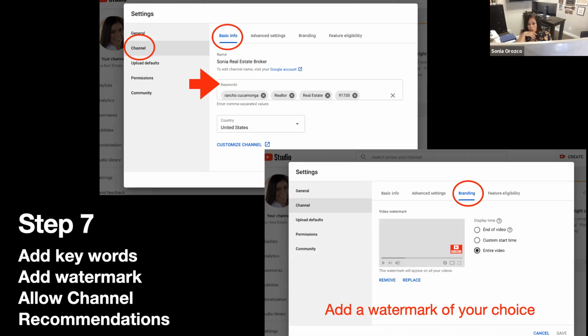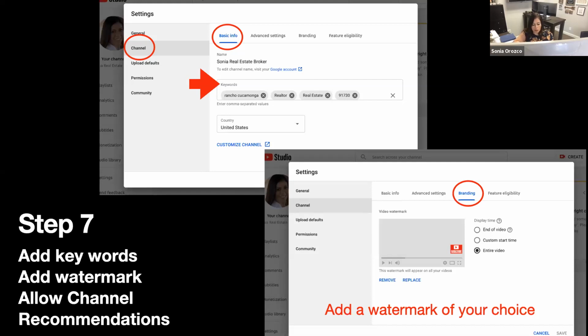So you want to do comment searches, and I know there's even videos on what to write. So that way you can look up those videos to see what are good keywords for what it is that you're doing. And then the branding. If you go under the tab branding, it allows you to add a watermark of your choice. So on your videos, there's a subscribe button that comes on, and it stays there for the entire video. What's nice about that is while they're watching your video, it makes it very simple for them just to click it and then subscribe to your channel. So again, you want to make things always nice and easy for everybody, because that's what everybody likes. Easy, right? So those are a couple tips there.